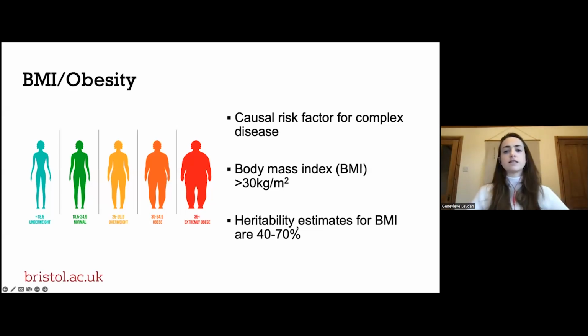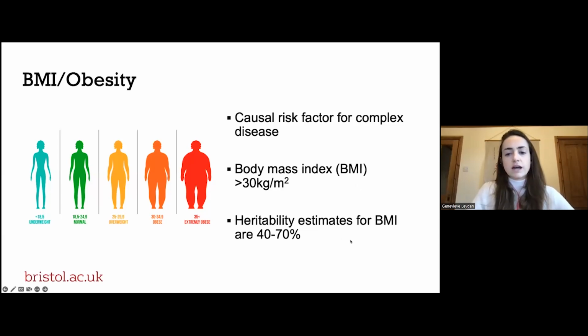Right, so obesity is a condition characterized by excess adiposity, and it's known to causally influence higher rates of many types of disease, and it's also an established risk factor for several types of cancer. And the prevalence of obesity worldwide has risen dramatically in the past 30 to 40 years, and this is largely driven by rapid changes in lifestyle and nutrition, and this is often referred to as the obesogenic environment. So in epidemiological studies, BMI is often used to proxy excess adiposity. So BMI greater than 30 is typically used to define obesity.